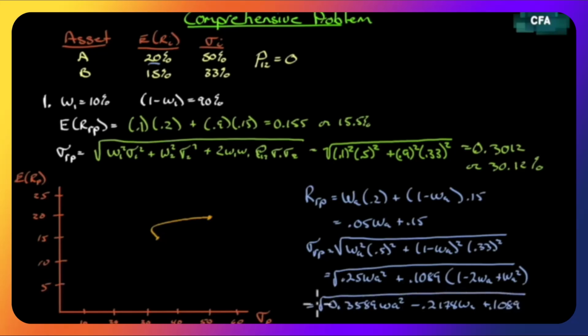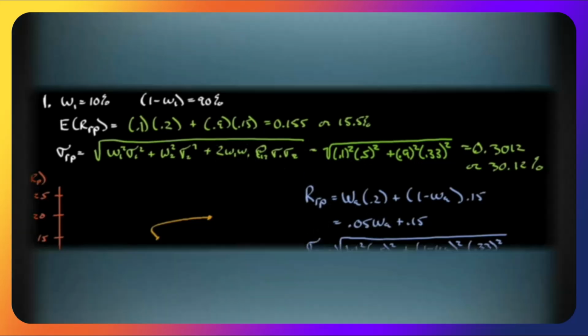Well, I'm doing it now. We would have had to do it later on. I'm doing it now just so that we can have an expression at any point on this line. At any point on this line, all we have to do is put the weighting in for WA into these, and we can solve directly. We don't have to go through this whole process every time. We could just solve directly.